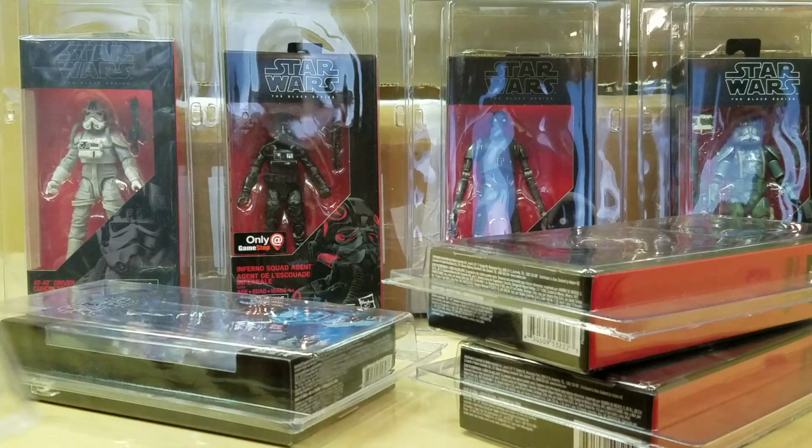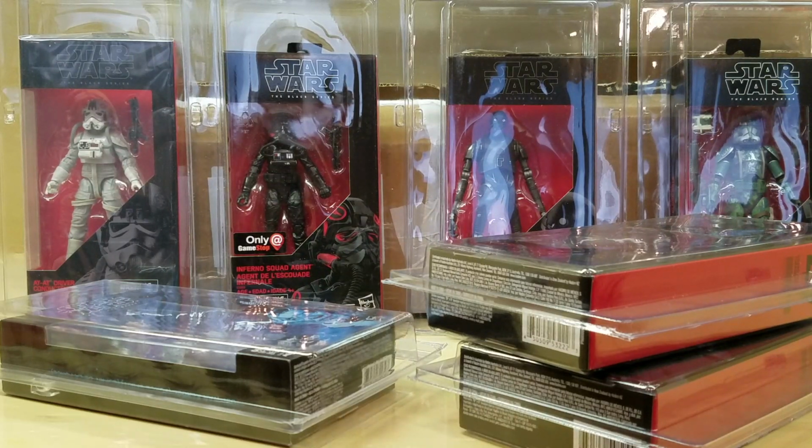As a side note, all of these I bought on eBay. And the sellers were very, very communicative to me and let me know what kind of condition they're in. They sent me lots of close-ups of the corners. I told them I was looking for a grade quality figure. So for the most part, these should all get at least 8.5s. I'm hoping for higher, but given that these are not